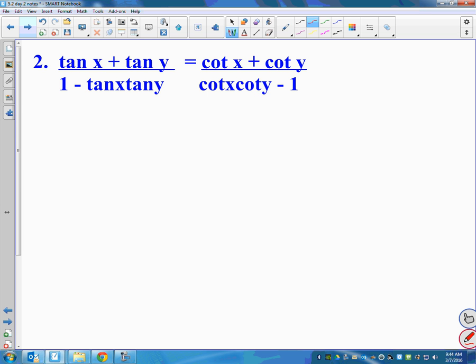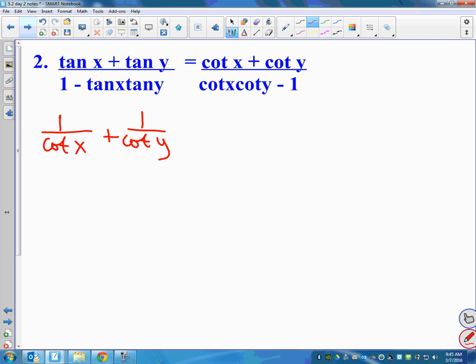Can I write every one of those tangents in terms of cotangent? So tangent of x, I could write as 1 over cotangent of x. And tangent of y, I could write as 1 over cotangent of y. Which means I'm going to make this look kind of ugly, right? But I need them to be cotangents. So I'm going to write this as 1 over cotangent of x plus 1 over cotangent of y